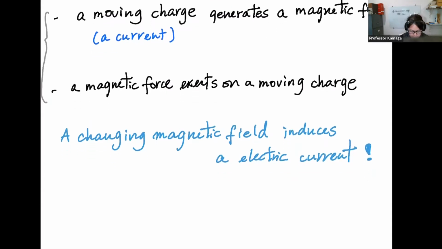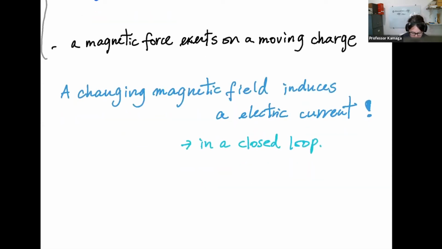So it has to be in a closed loop. Otherwise, the current won't flow. Also, the number of turns matters. How big the change in magnetic field is matters. So we call this Faraday's law. Faraday put this idea that says the induced